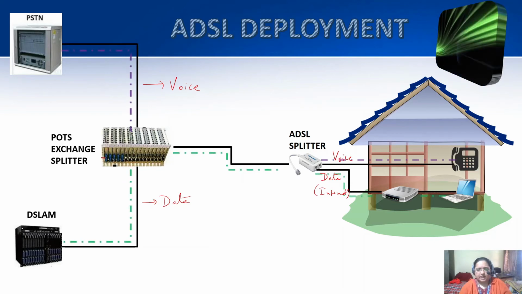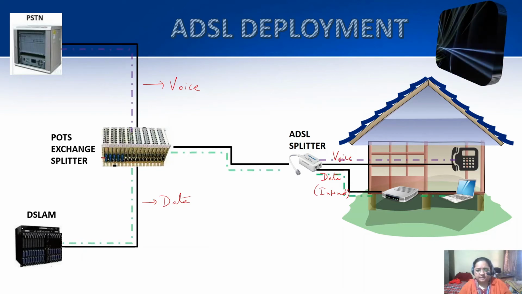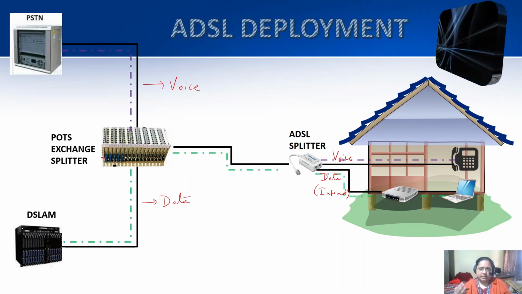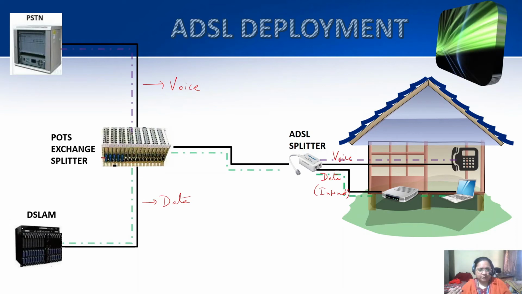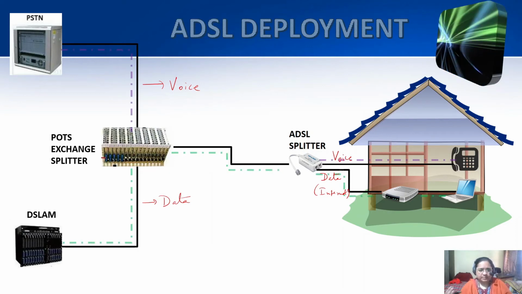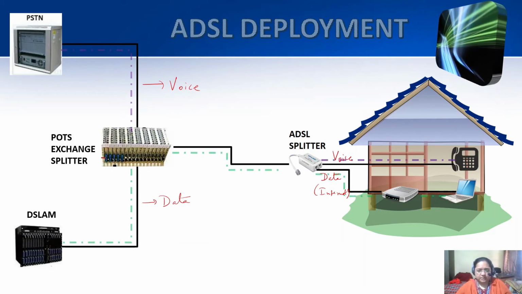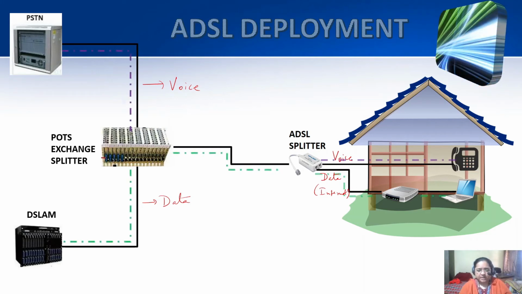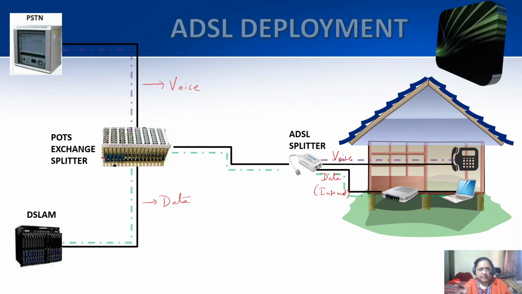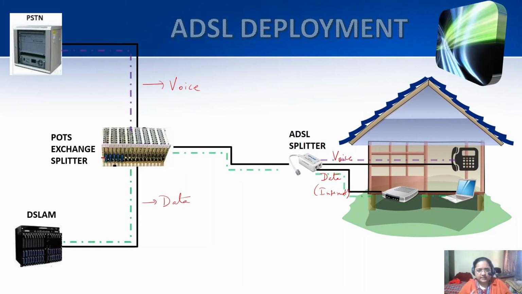So this is how at our end the signal is split into voice and data. When you talk about outgoing communication, the direction is opposite but the method is the same. Both our voice and data would be merged into one. It would be sent to this POTS splitter where it will be split into two different channels. That is the reason why we are able to communicate with people using both voice as well as internet.